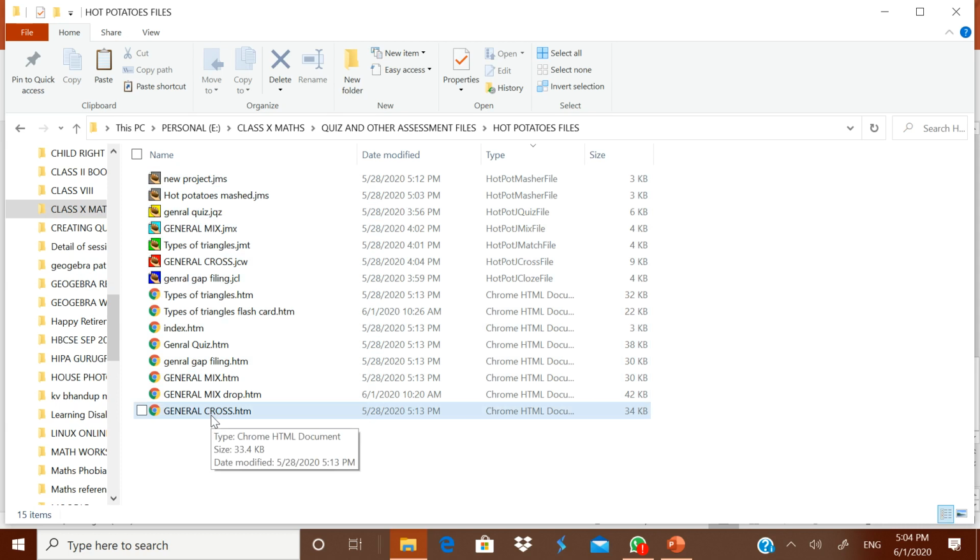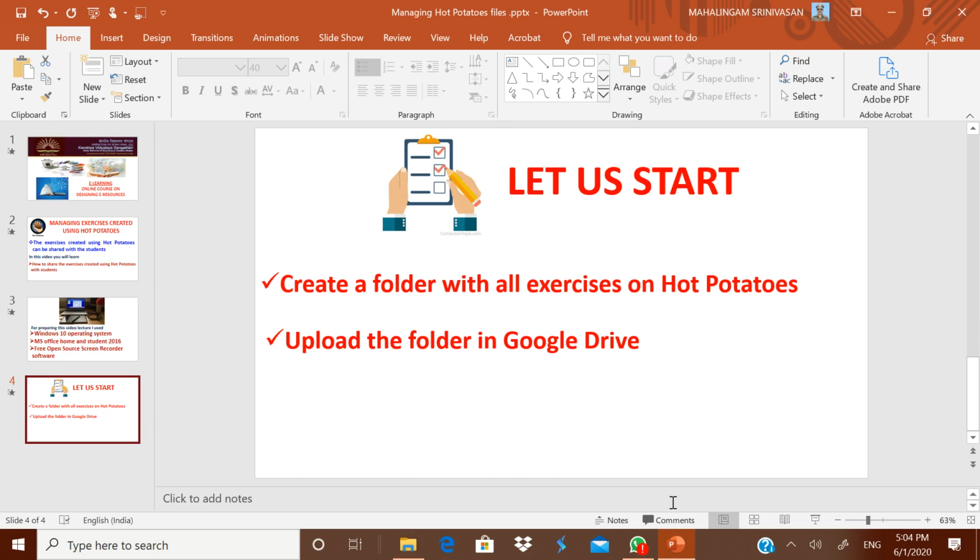You can take only the HTML files in a particular folder, upload it in your Google Drive, and share that link with the children so that they can download the total folder and go on practicing the exercises. Create a folder with all exercises on Hot Potatoes, that is, five different types of exercises, and upload the folder in Google Drive.